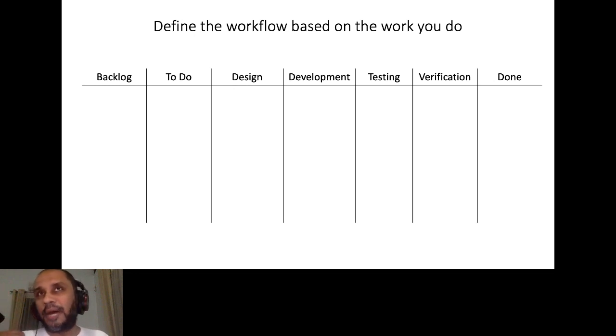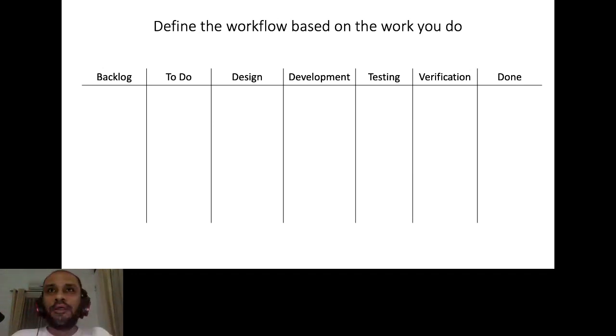Again, it's up to you and me, the team, to decide the names of our workflow statuses, as well as the optimum workflow statuses we need to use to get the work done.